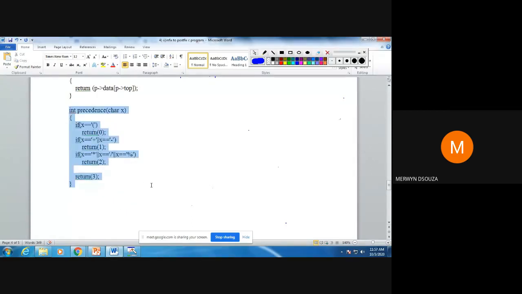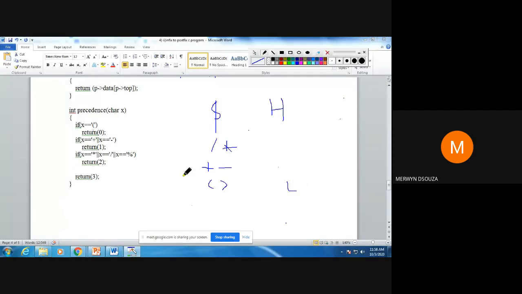This function here, precedence, is representing the table that we have studied. So the table that we have told you: dollar is having the highest, then multiply and divide, then plus and minus, and opening and closing have the lowest priority. So this is having highest priority, this is having the lowest priority. So you can see here, if we are having an opening parenthesis, the value for it is 0, lowest.